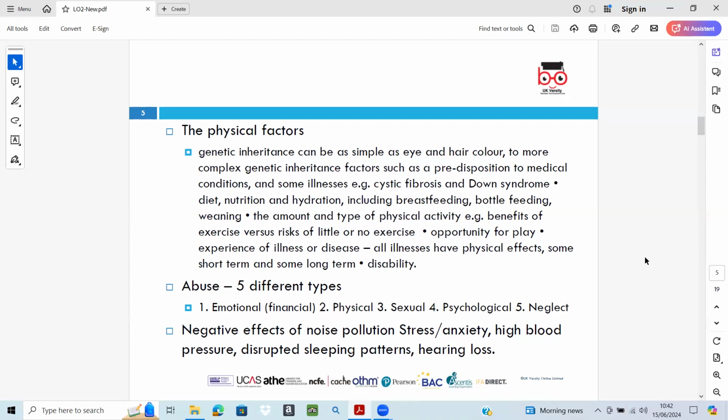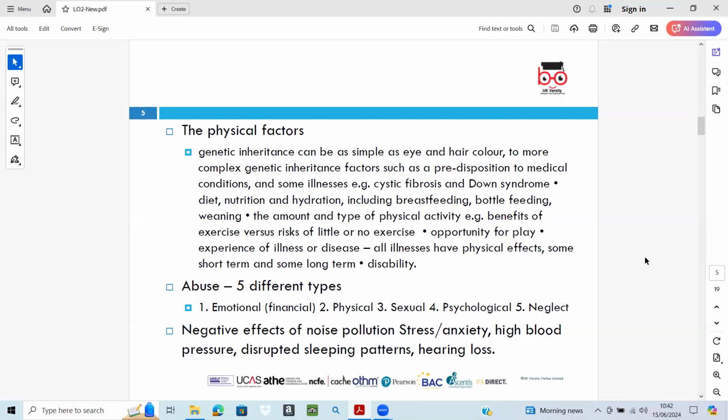While financial abuse involves controlling or exploiting someone's financial resources. An example is if someone is facing constant criticism, it will undermine self-esteem and confidence. If we talk about controlling finances, it will restrict the independence and autonomy of a person. Then we have physical abuse. Physical abuse involves causing physical harm to another person, leading to injuries and long-term health issues.